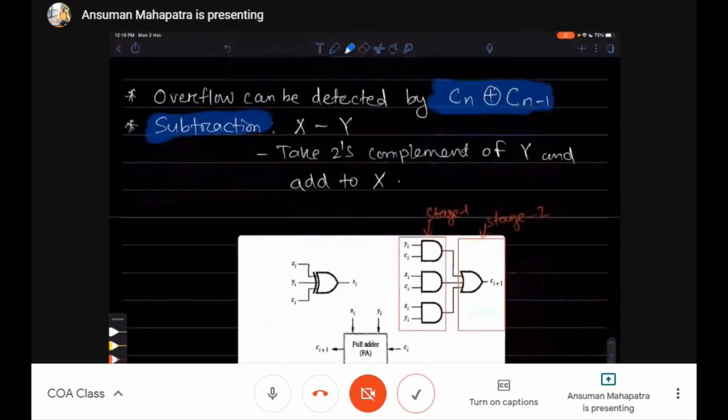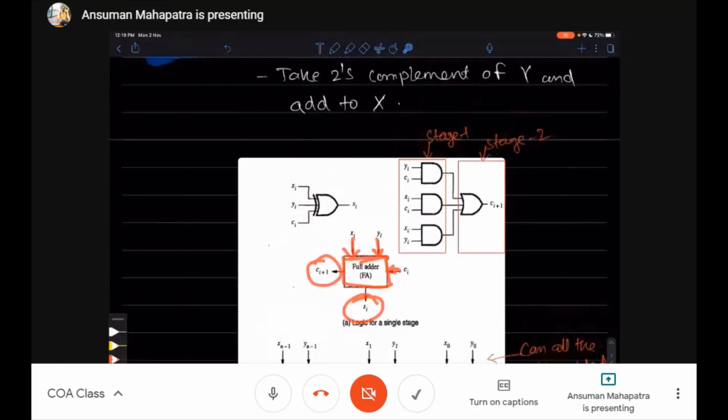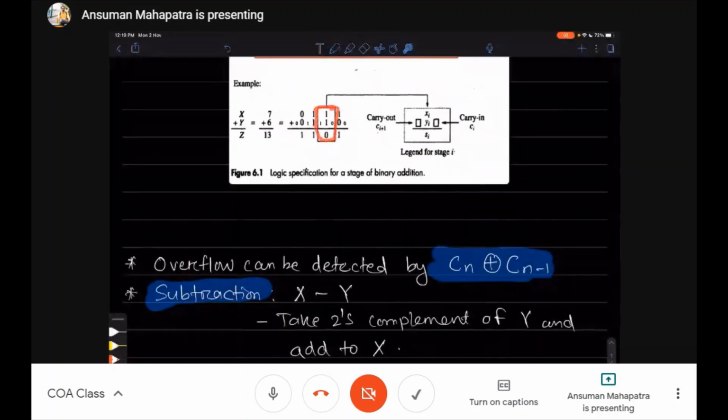Now we got the circuit, the full adder circuit. What is the capability of the full adder? It can take 2 bits and a carry and give you a sum and a carry. It takes the 2 bits and a carry in, which is coming from the previous step, to give you a sum, and then you will get a carry out. Okay, if you understood the logic.